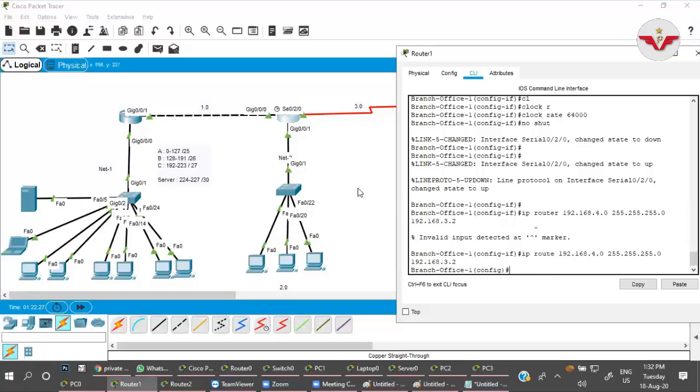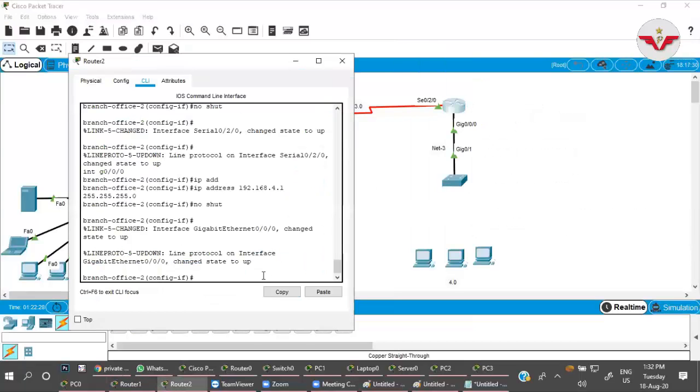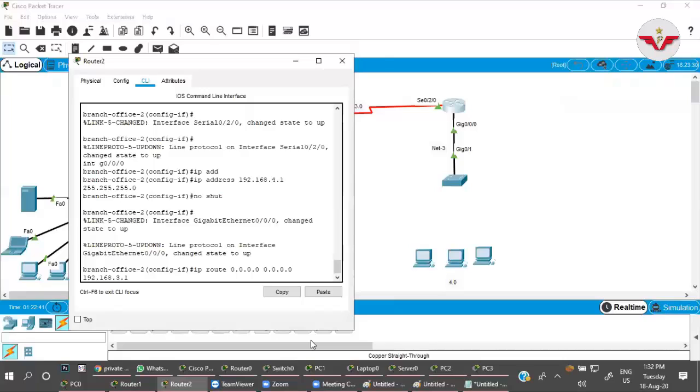Done. And on this router, if any packets come, it will select the default route: IP route 0.0.0.0 0.0.0.0 192.168.3.1.